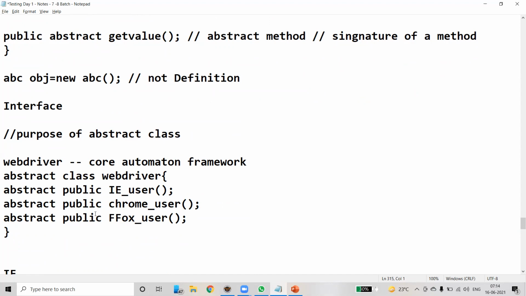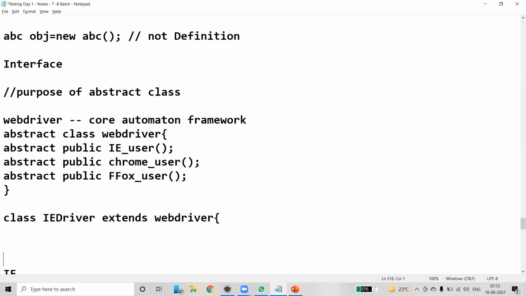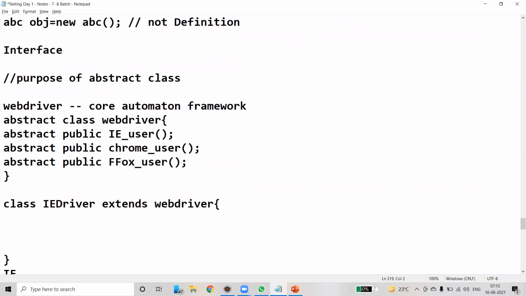Then whose responsibility is it to implement them? This is the responsibility of the IE user. I will create one more class, IE driver, which extends WebDriver. Inside this, it is compulsory for IE driver to implement all these methods.